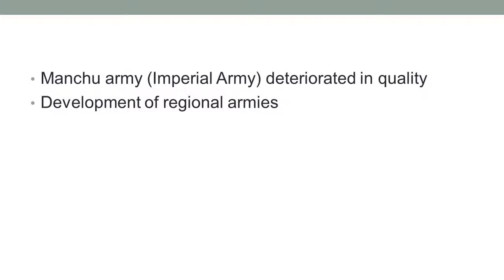And so what you start having are more local leaders who are able to raise their own regional armies and kind of hold the control of the central government at bay. And that, of course, is going to disrupt financial matters for the central government and make it increasingly